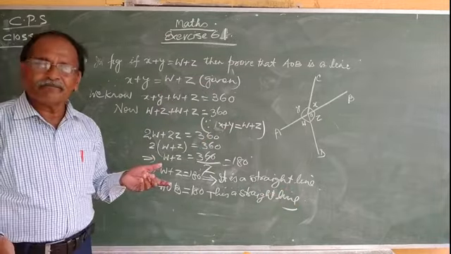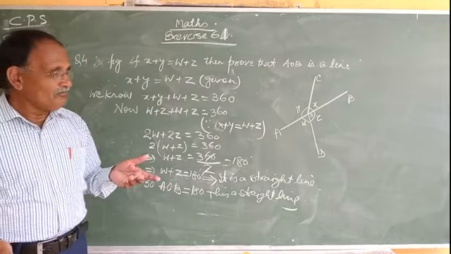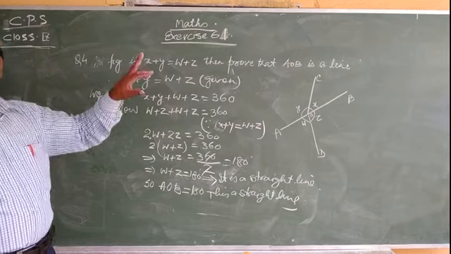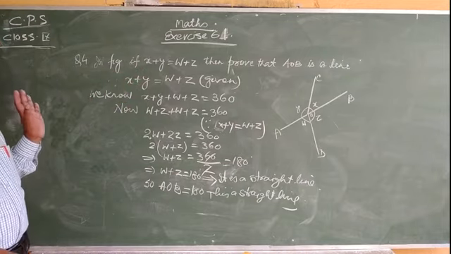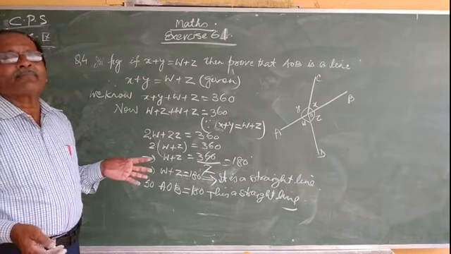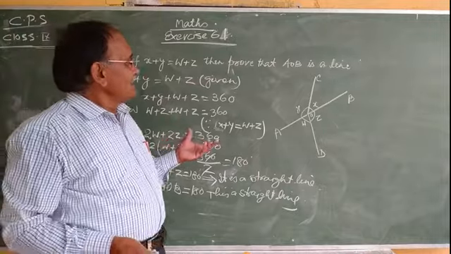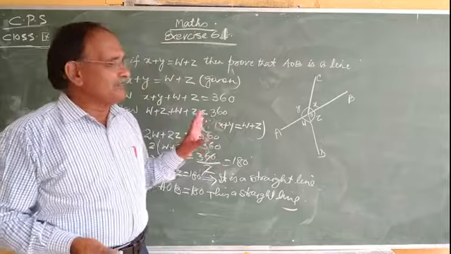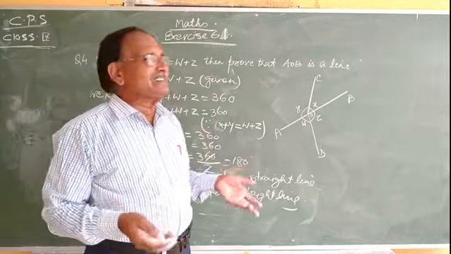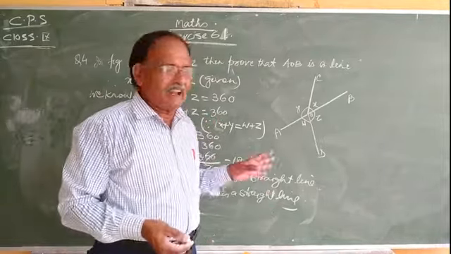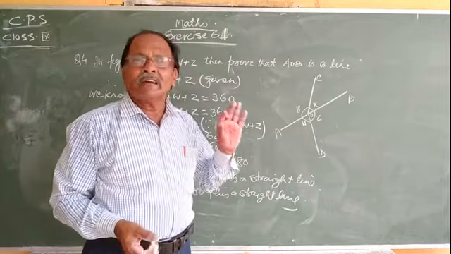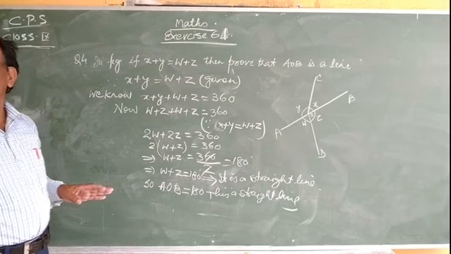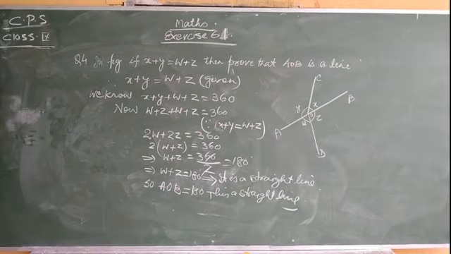Two questions you have to solve at your home. There are 6 questions in exercise 6.1 perhaps. I have completed 3 questions, and as homework you have to solve all the problems given in your book, and if there is any problem then tell me, I will solve the question again. That's all.